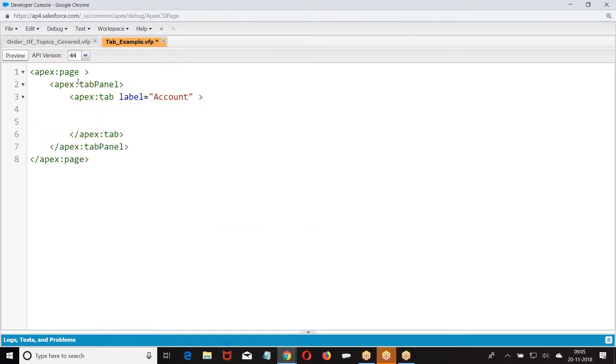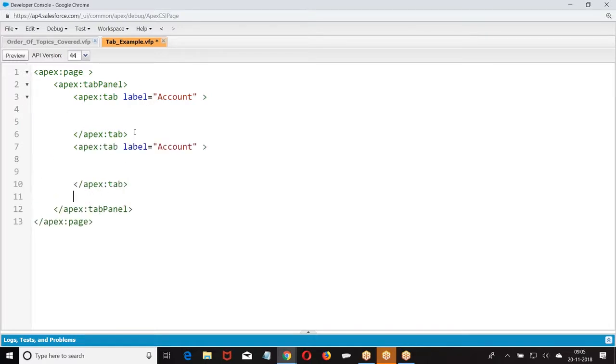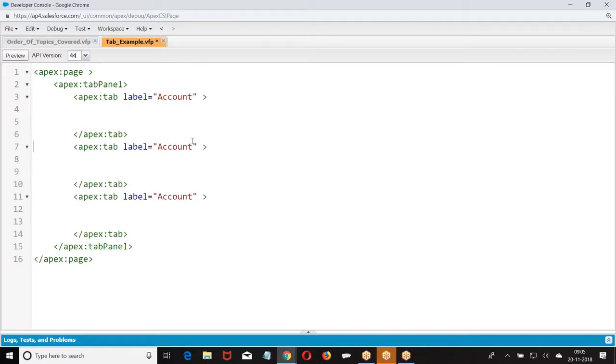Tab panel will have a list of tabs. So I have created a tab panel with a group of tabs here.